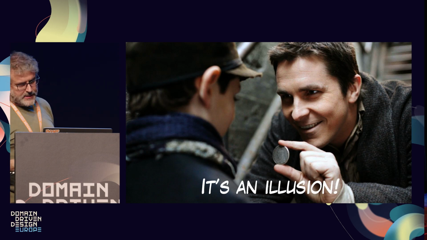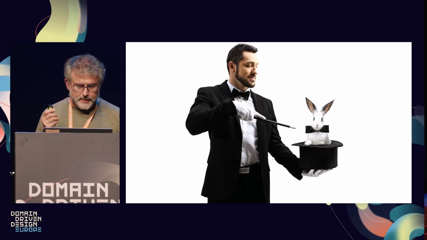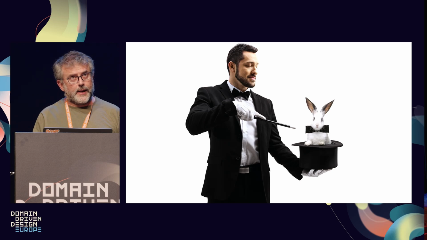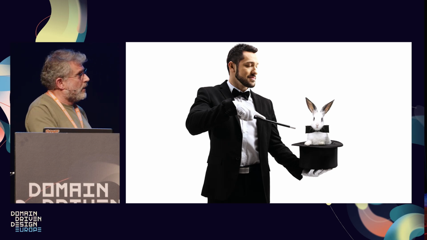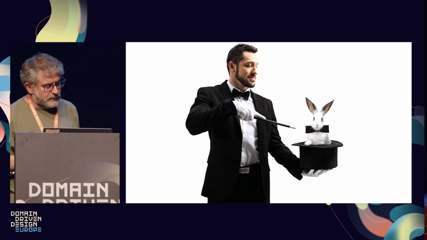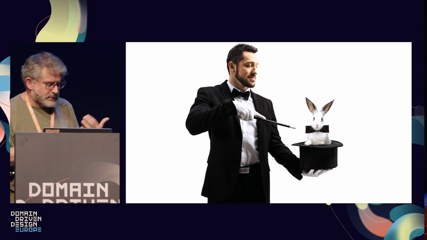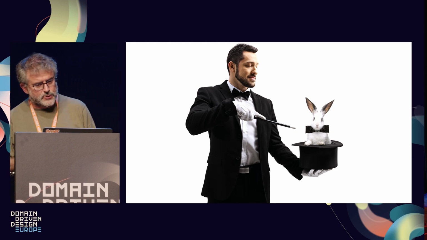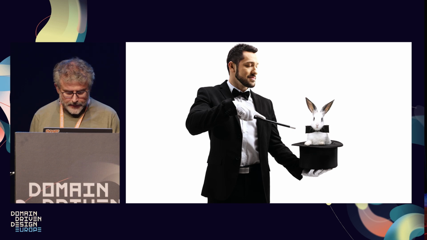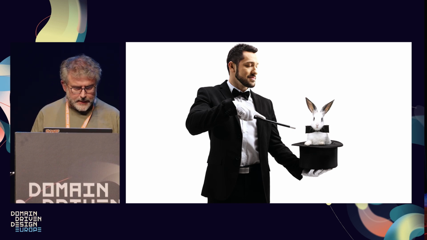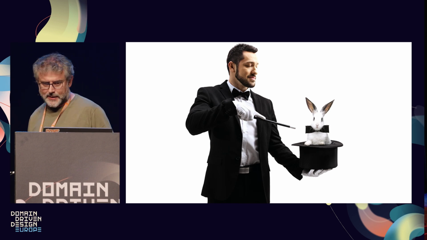So we can provide this as an illusion, but the thing is, how can we detect this? There's still this feeling of throwing rabbits out of the hat. Is there any way to detect that maybe the moving parts are not what the domain experts are telling us? And there are a few indicators. There are a few tricks that can help us detect some of the possibilities.